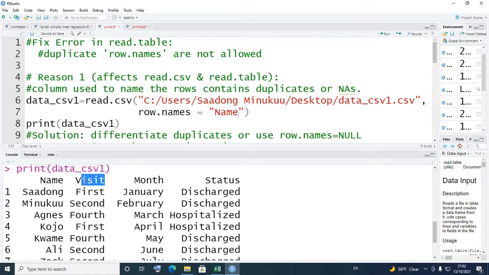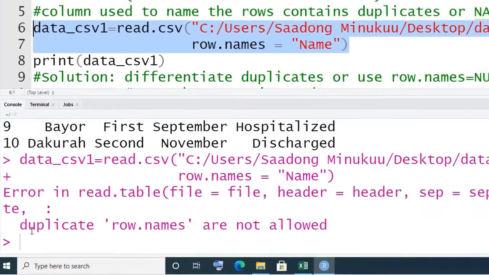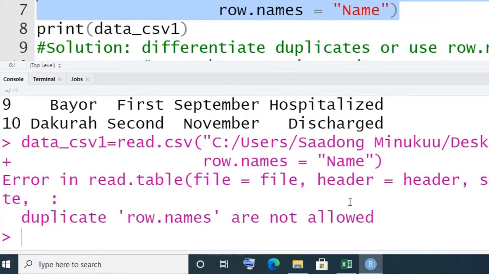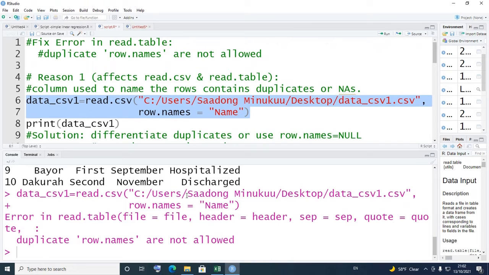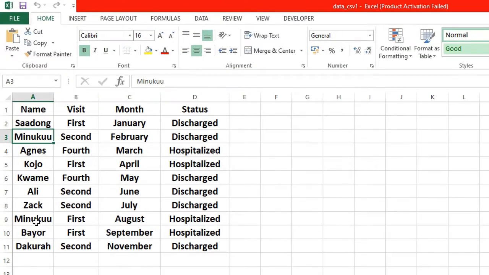Similarly, if you want to use, for instance, visit as your row names, then you have to write visit in quotations, or you say column 2, just write 2. So let me run this and let's see what happens. R will give us our famous error. So we have error in read.table, duplicate row.names are not allowed. And as I explained, it's because we have Minukuu repeated. As you can see, we have Minukuu here, and we also have Minukuu here. So if we specify that R should use this particular column to name our data set, then R will definitely give us an error